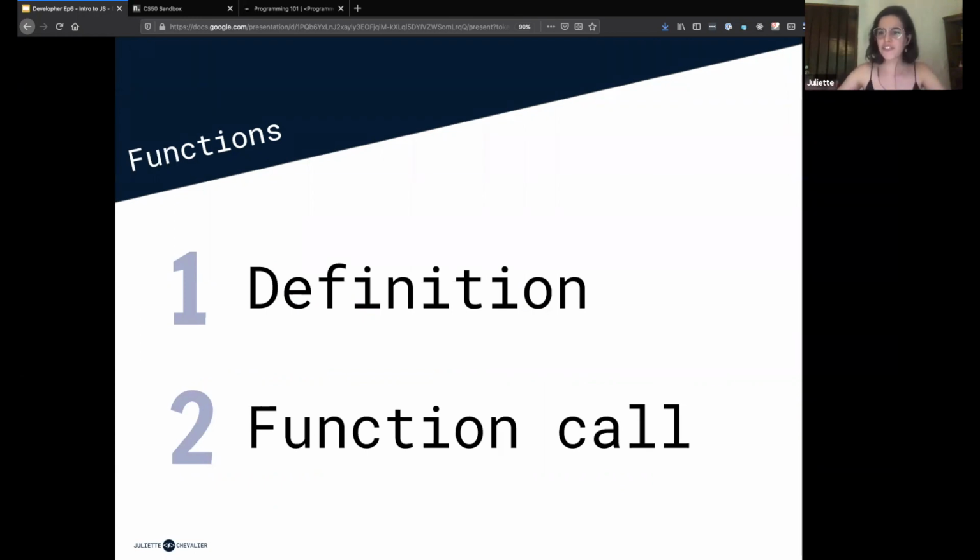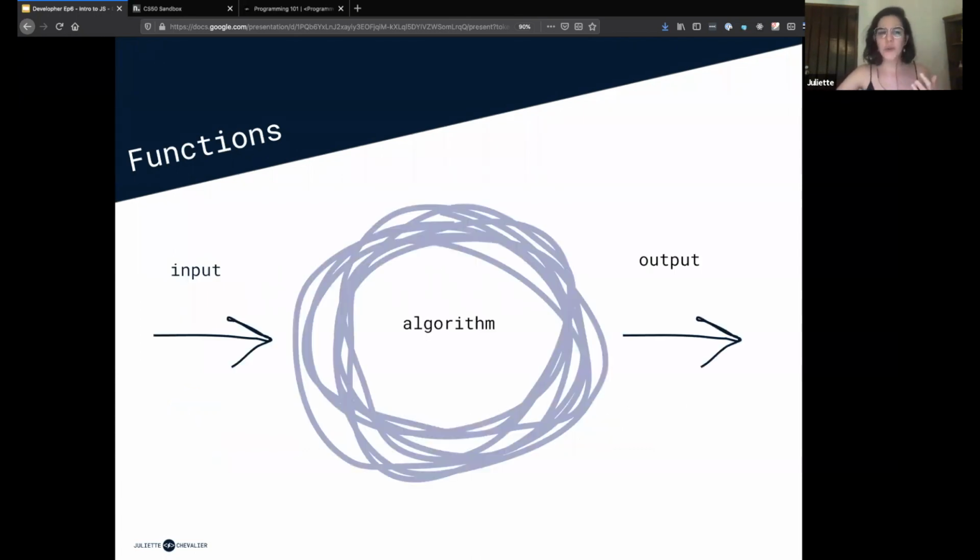So it's not enough to just define it. We actually need to call it and use it for that word to mean something. Otherwise, it's just gathering dust inside of a dictionary that no one's really using. So having that concept in mind, when we're defining our functions, we usually can think of them as having three